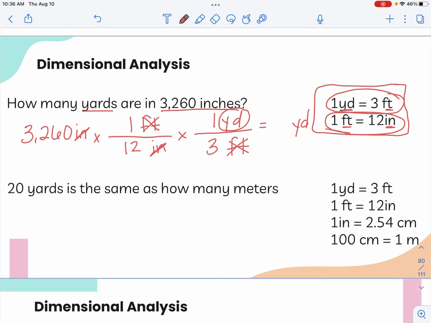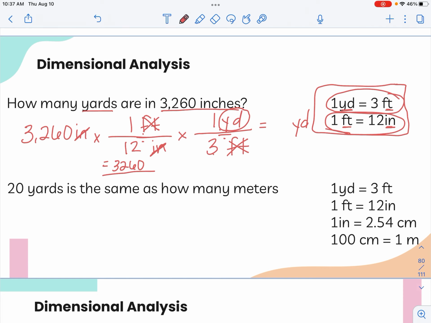Okay, so now all I have to do to get my answer is just solve the math problem. Remember, we're multiplying all these together, and then any number that's on the bottom, we're going to divide, right? Because if it's underneath the line, that means we divide. So in my calculator, I'm going to say 3,260 times 1 times 1. That gives me